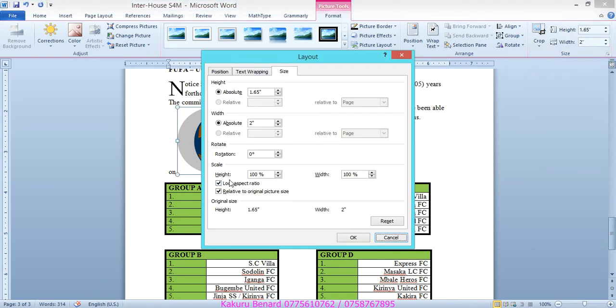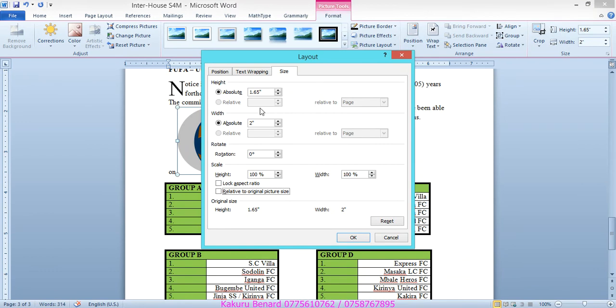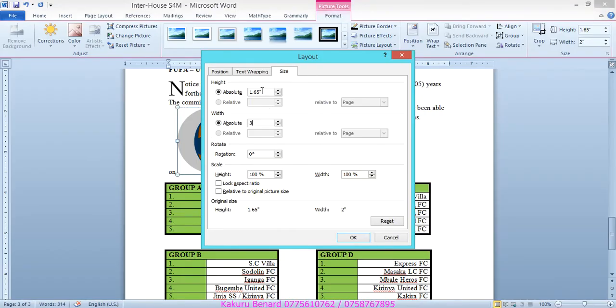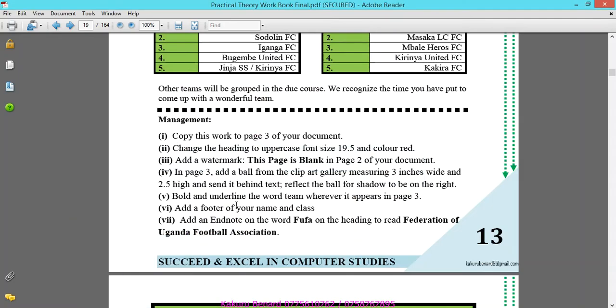So reaching here, remove the default values by unticking and check these two boxes. And so we want 3 inches wide, so meaning that width is 3, and then height is 2.5. Height is 2.5. Click OK. So our ball has increased its size. And so after that,